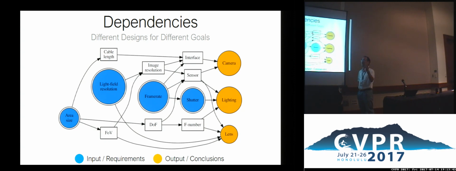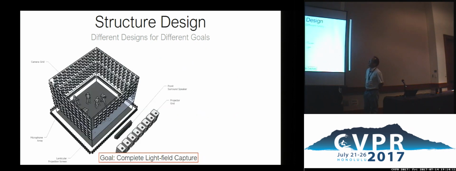I want to capture something to be this large, or based on the object motion, you need a certain setup. Then by considering all these dependencies, this camera, the power of the lighting, and so on, based on this understanding,